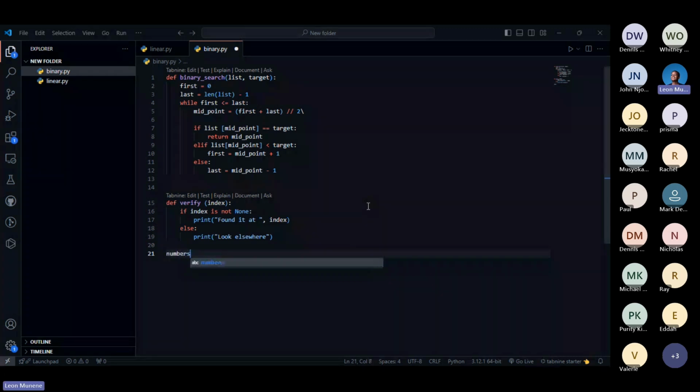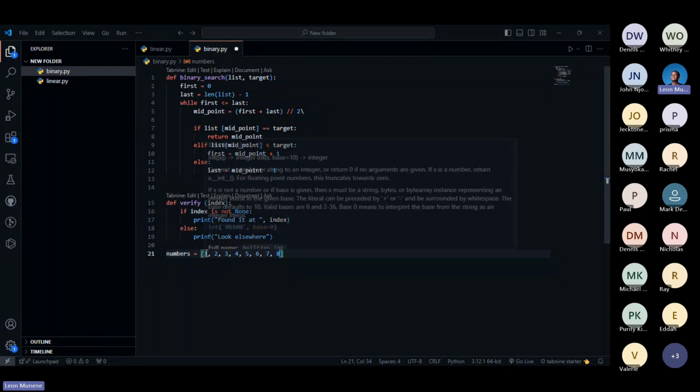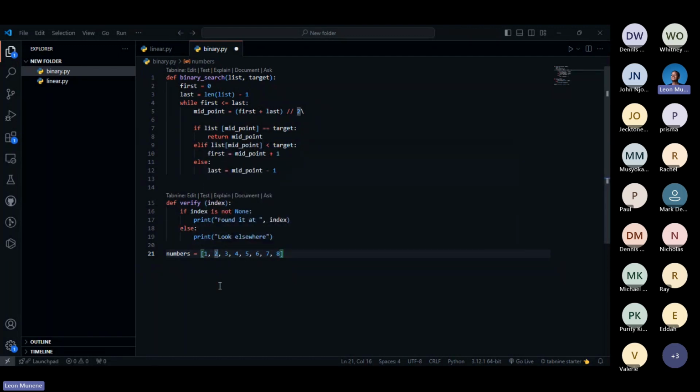Now, our numbers list. As I said before, it has to be ordered. So we are going to use a list of numbers which are in order. It doesn't have to be following each other like this. It can be 22, then 35, then 44, then like 57, then like 69, then like 70, and then like 89. As long as they are ordered, so they follow each other in a certain order, as in ascending